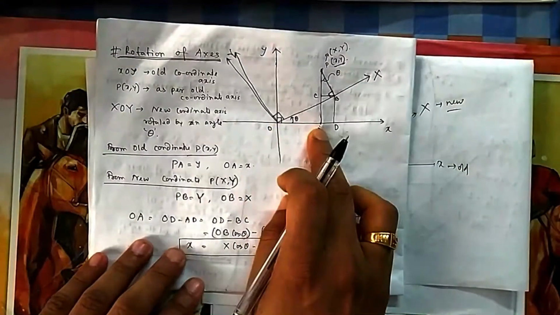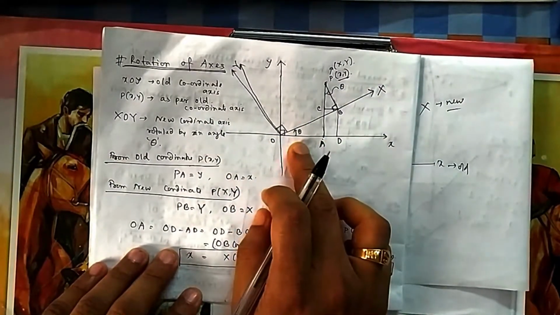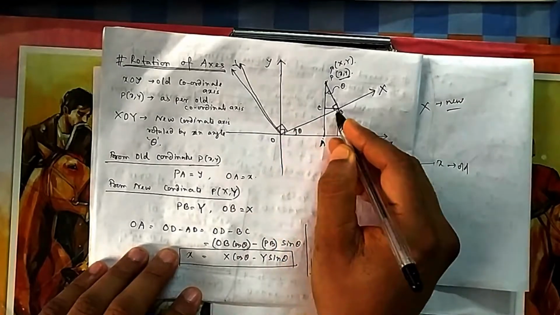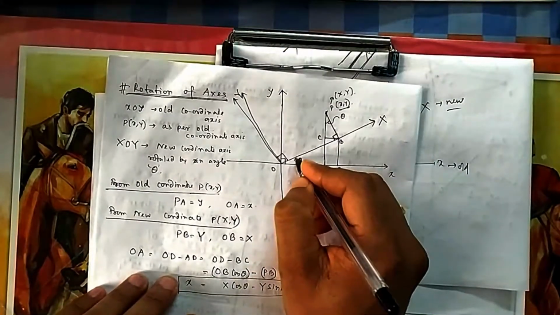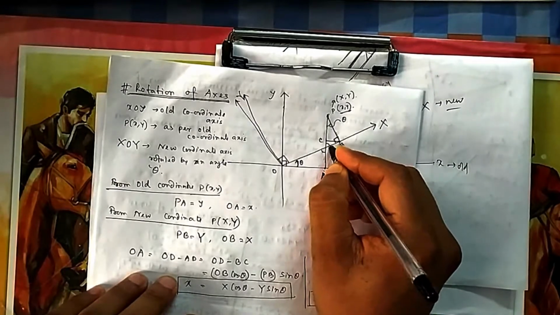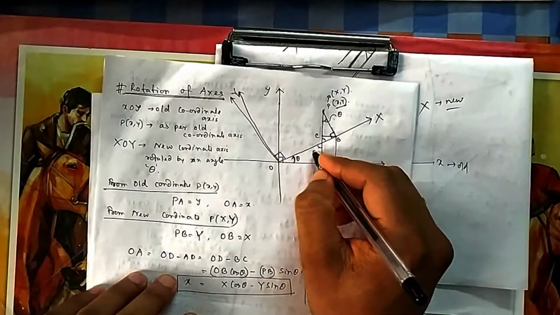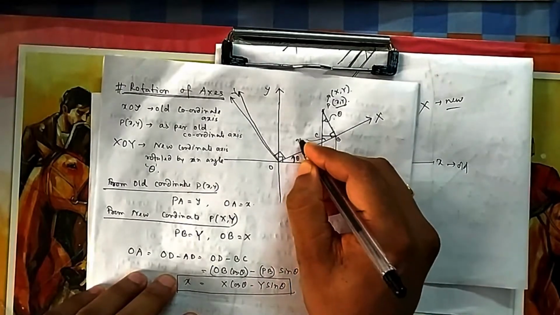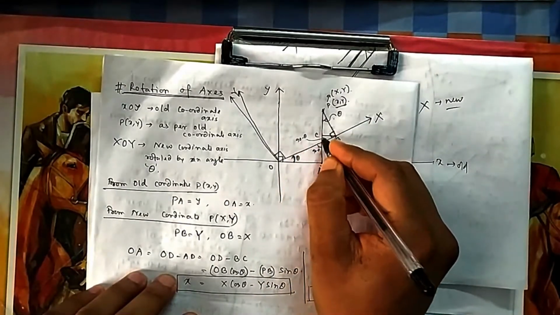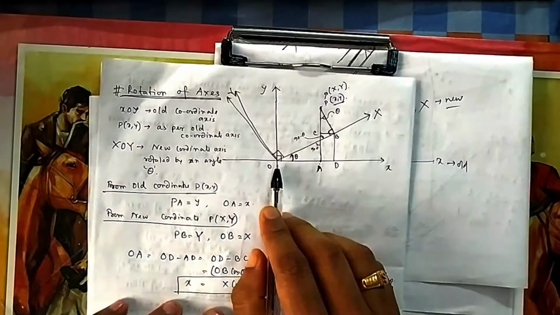Now if you want to find this OA, that is small x, in terms of capital X and Y, this is the length, so this is capital X. First think, which one is theta? This is theta. So what will be this angle? 90 minus theta. This is 90, so this will be theta. See here, theta, 90 minus theta. This is also 90 minus theta. So this will be theta, because again this is 90. So it is 90 minus theta, this is theta. Now what is OA?